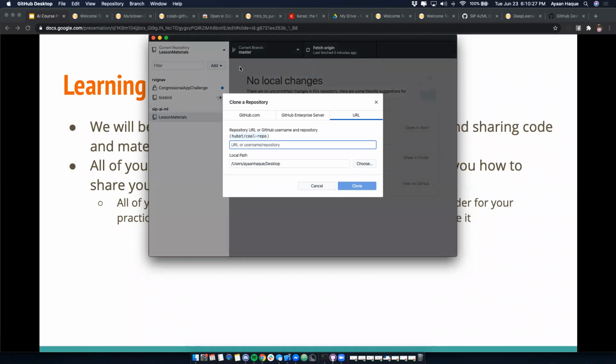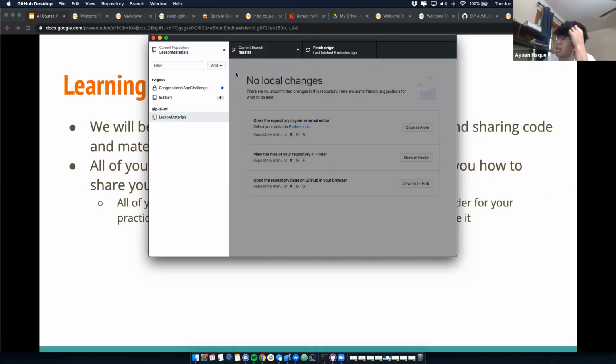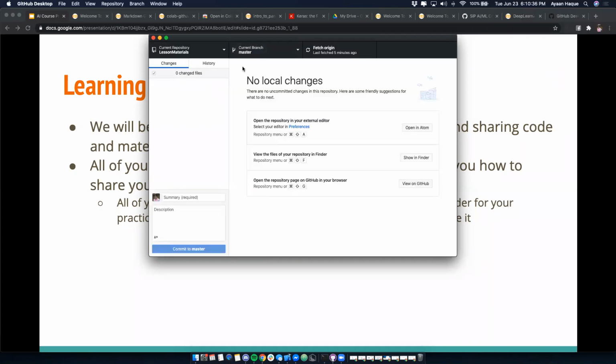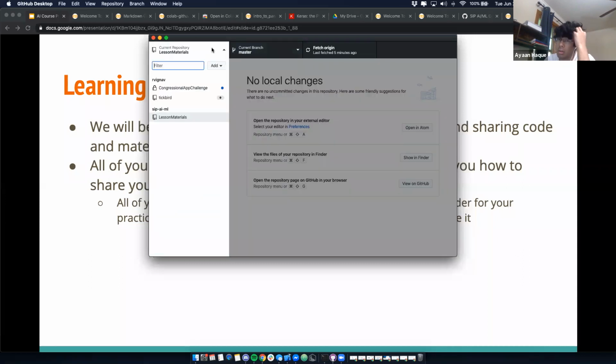Git can only clone to empty folders. Yeah, so I think you already cloned it. Did you already clone it? Maybe. Probably. So does it say current repository lesson materials? Do you see this? Is that what's there for you? Yeah.